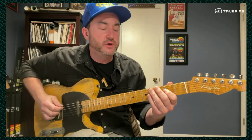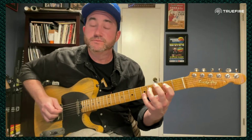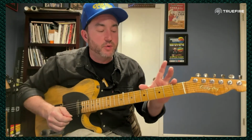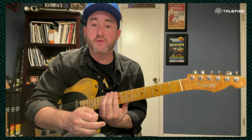So that's kind of like if I were to just do a little bluegrass lick, that's basically the concept behind that. Now, the other thing as a guitar player is this is the way that I think about things, especially with single note lines and the ability to go from one section of the guitar all the way up the neck. I think of them in components like this. So this hand shape, maybe this hand shape from 5 to 8, and then from 9 to 12, and then it just repeats. So if I were to take something like this,